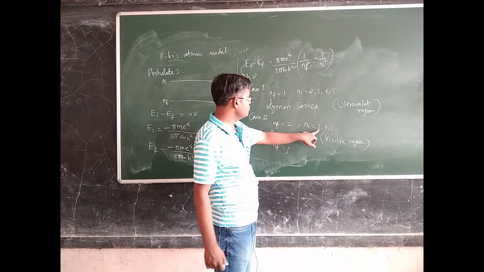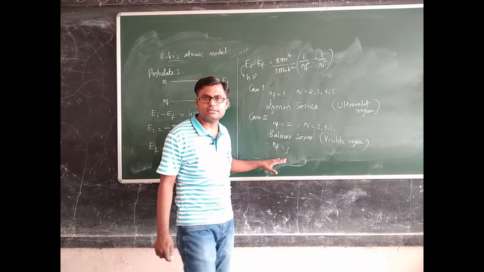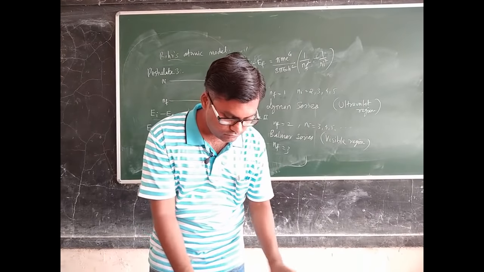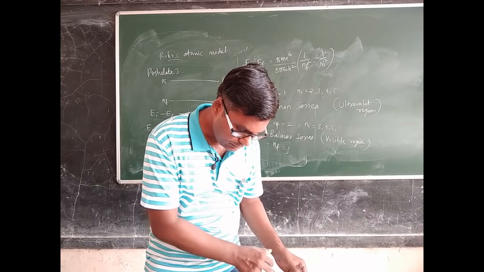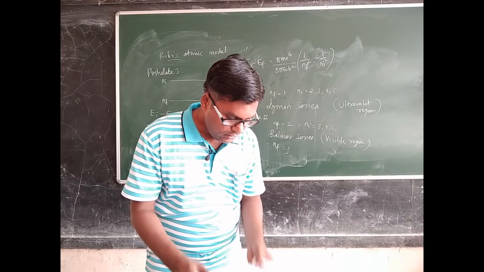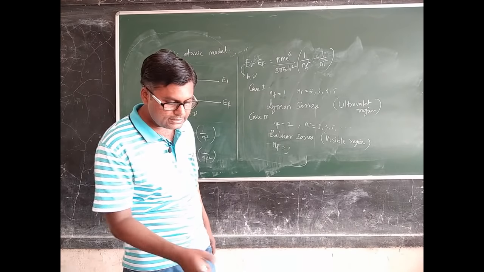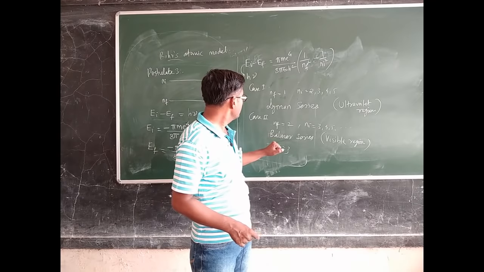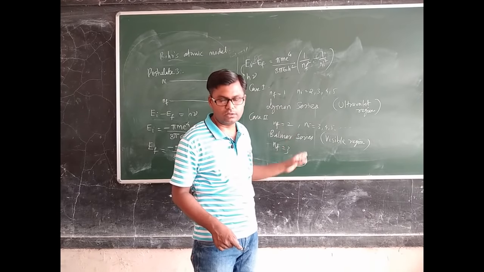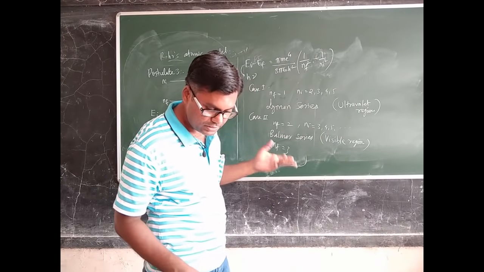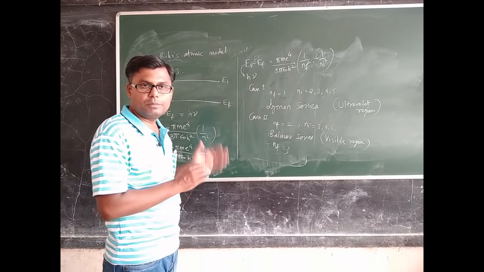and ni is equal to 4, 5, 6, etc., we will get the Paschen series. We will get different kinds of series depending on the different values of n. So Paschen series for nf equal to 3, we will get the Brackett series if nf is equal to 4, then we will get the Pfund series if nf is equal to 5, and so on. So many series can be obtained. The Humphrey series is there. So different kinds of series can be obtained.